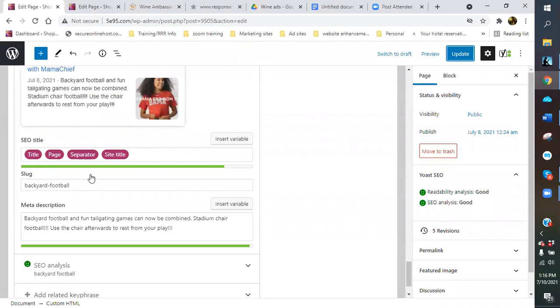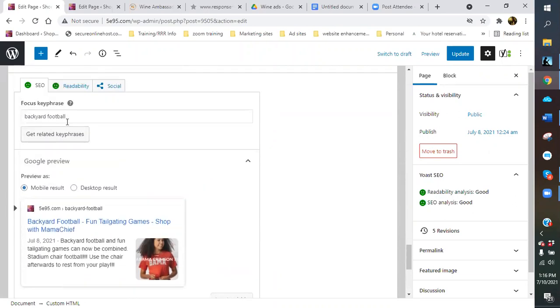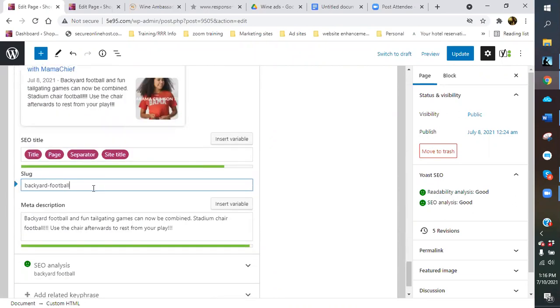Okay. Now, remember your slug is in direct correlation with your title. So whatever your title is, that's going to be your slug, and your slug is also going to be your URL. But if you want to change that, then when you go to click your slug, backspace it to where it just includes your focus key phrase. You can do that. You can alter your slug so that this is your URL and not your whole title. Okay.